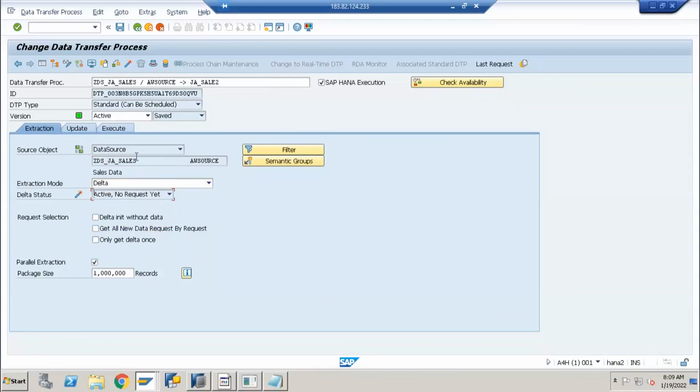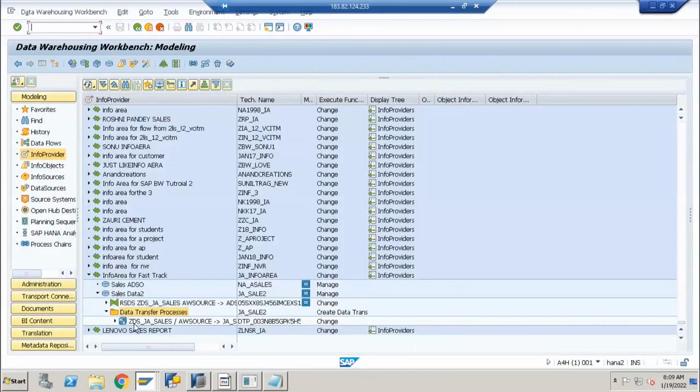So here there is an ODP concept. Generally, you can fetch data directly from the source itself. Here that option is not coming. Let me check one more time why it is not coming.